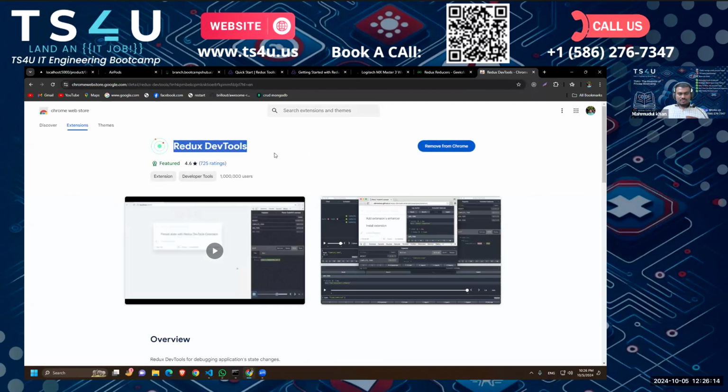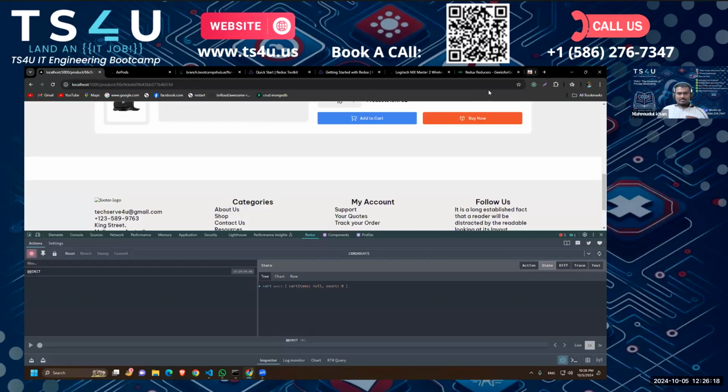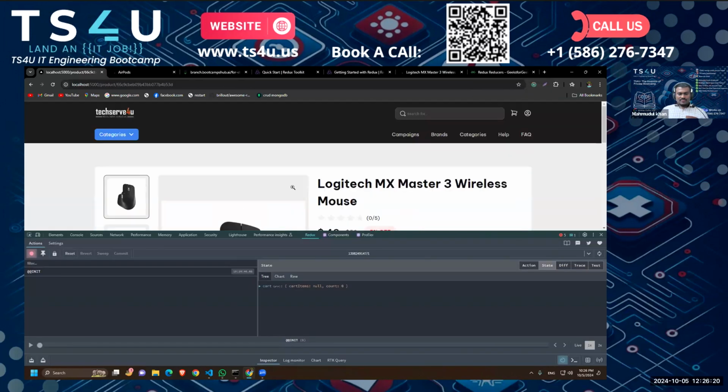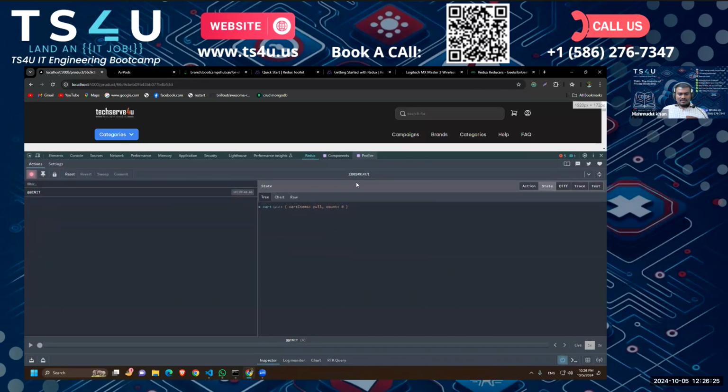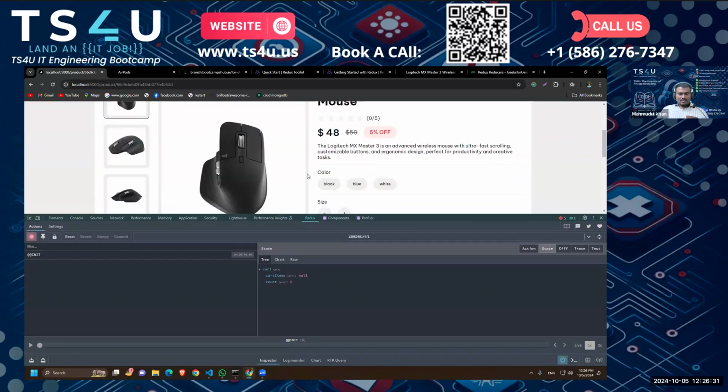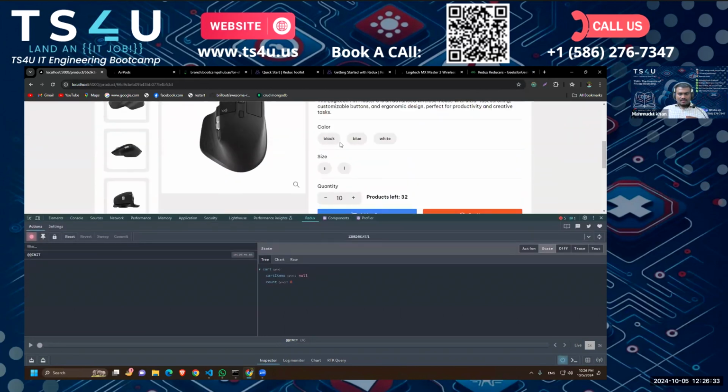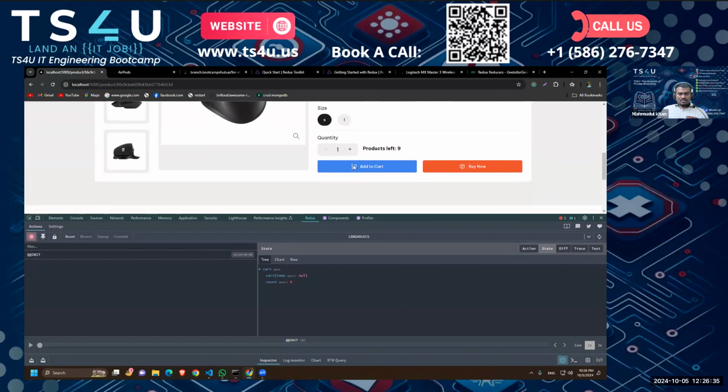Redux DevTools. Okay, so I already have this one installed. So if I come here and click on Redux, as we can see, it shows all of the cart data. Like initially our cart item is null, but if I select one and click on add to cart,